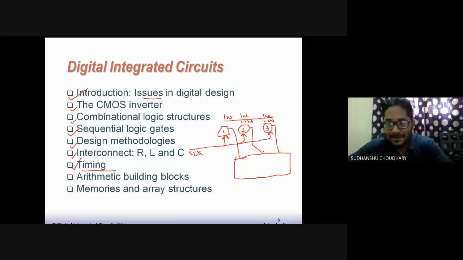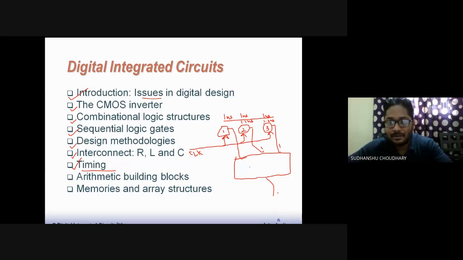And let us say, since they are coming late, whatever is present at 1 nanosecond at these 2 inputs will be processed and the output will be generated. And then after 1.1 nanosecond, this input changes. So again, the output will change here after 1.1 nanosecond. Then at 1.2 nanosecond, let us say this output comes here, which is the input of this one. So again, the output will change for this component. So the output will keep on changing for this component.